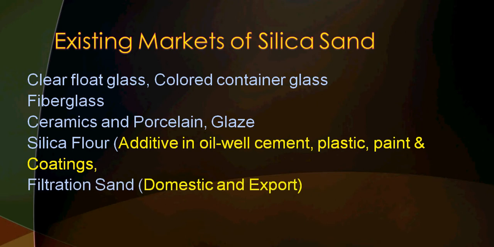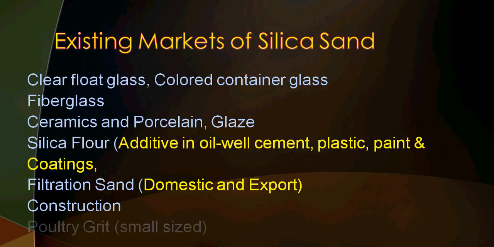Silica sand is used as filtration media for the filtration of drinking water and filtration of sewage water. And filtration sand is also exported. Silica sand is used for construction and construction products. Silica sand is used for poultry grit,